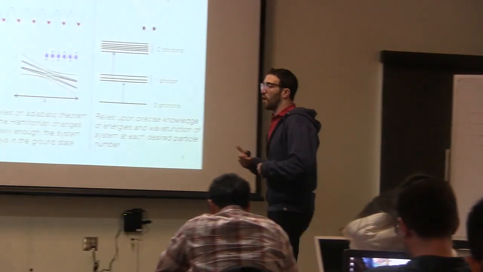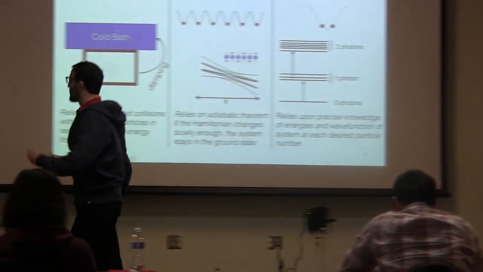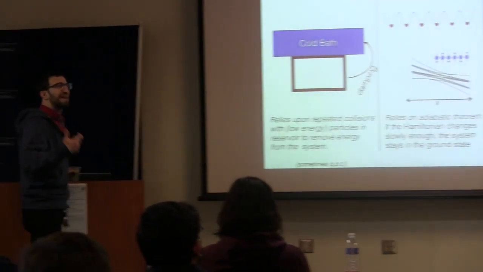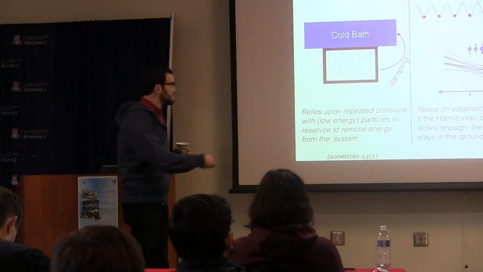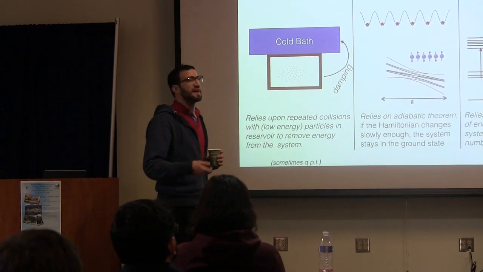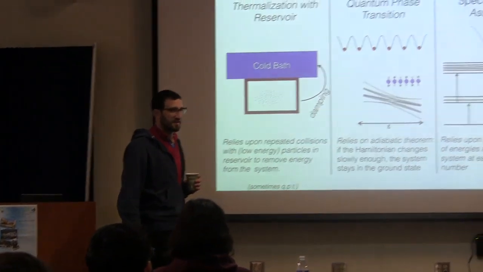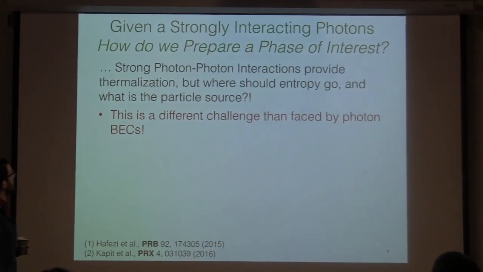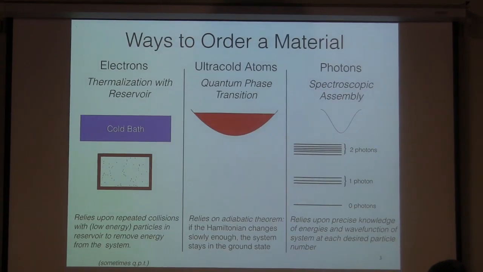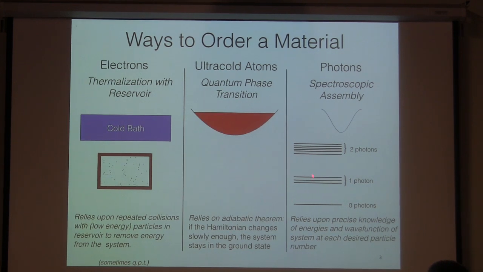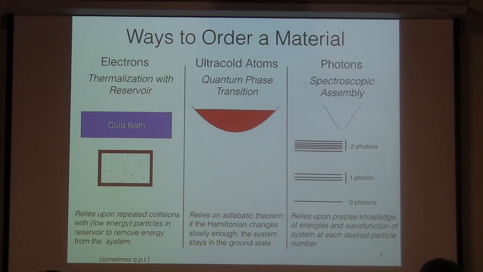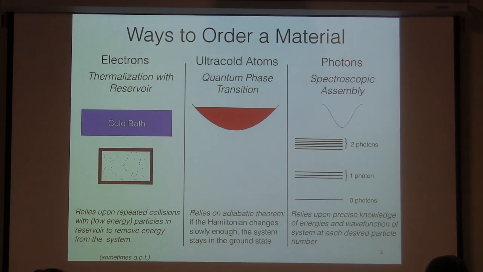And so there are a lot of processes that leave the manifold corresponding to the physical model that we want to study, and that's where the stuff gets here. Okay, so actually let's go back here for a moment. What I want to tell you about now is an approach for photons, which is sort of a hybrid of this spectroscopic approach and this thermalization approach.